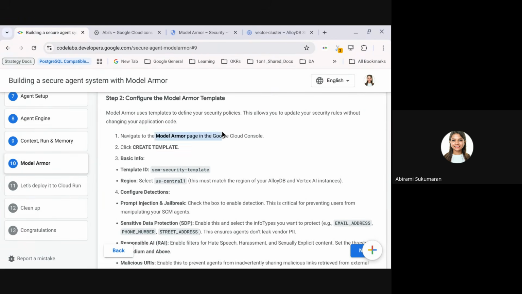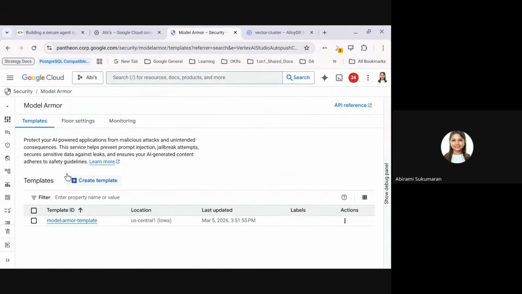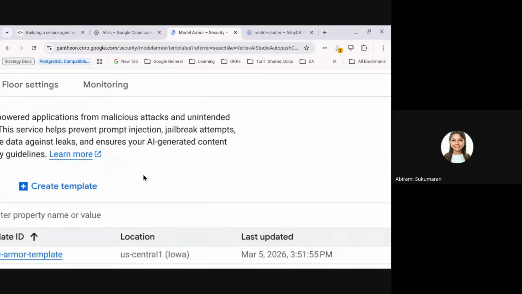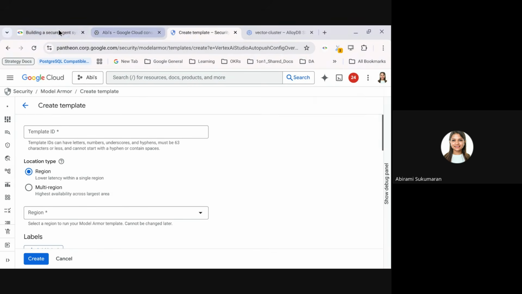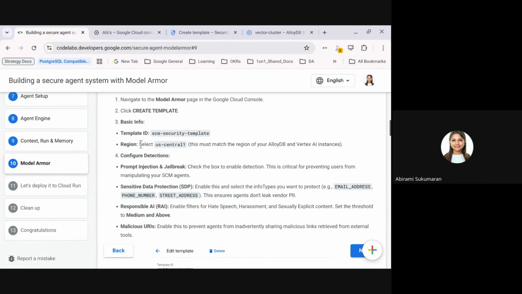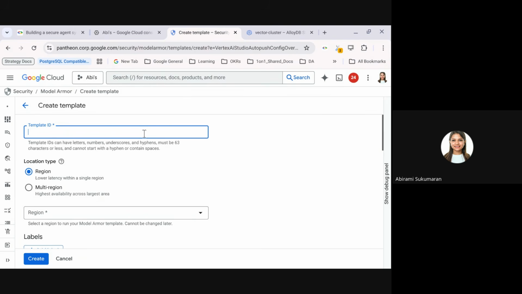We are already in the Model Armor page. You should see a create a template button, just like you're seeing in my screen. Go ahead and click that create template button. Once you click that, it will ask you for basic info. Provision a template ID called SCM-security-template. If it is already taken, it will ask you to give a different name, whatever it is, just choose